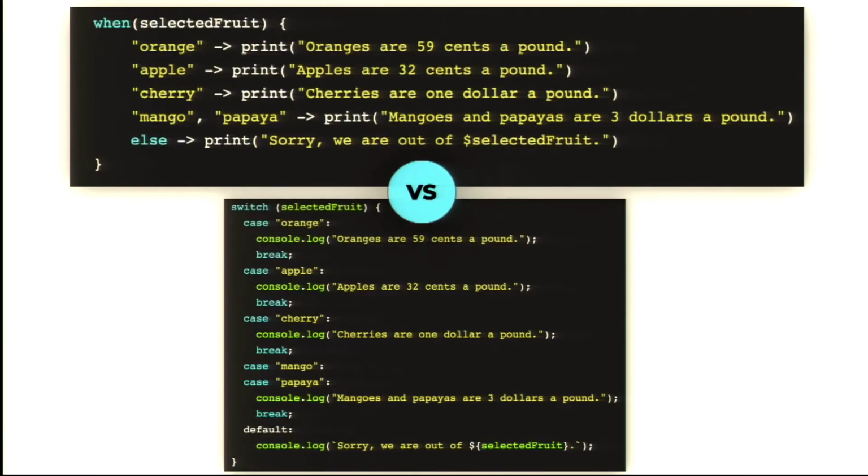All right. So this one is going to make the JS people change their votes as well. There are no JS people here, it looks like. So here are two switch cases. We call it when in Kotlin. Oops, I gave it away. Look at the first one, how simple it is, how efficient it is to write. And this, a mess. I have to write this whole code for nothing. The first one wins. I know I'm Team JS, but whatever.